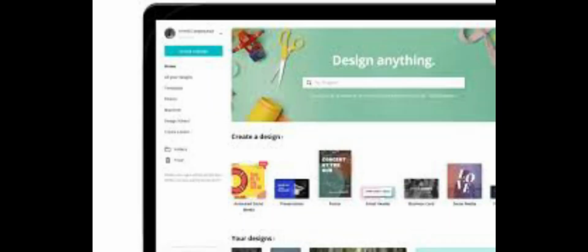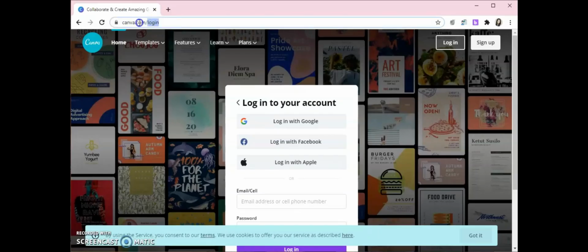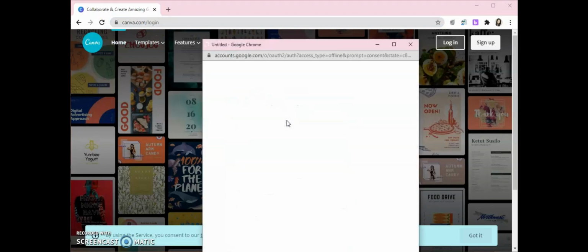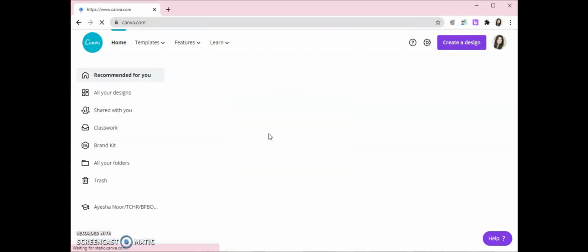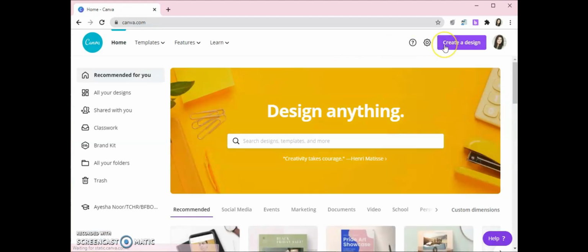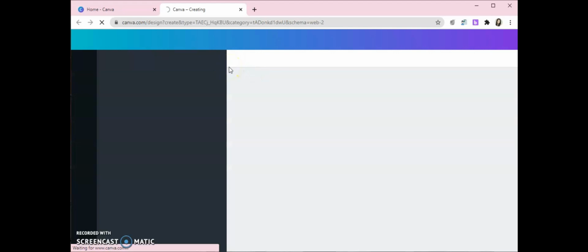We will be making this project on one of the user-friendly interfaces called Canva. It is handy, easy to use and vivid. Step 1. Log into your Gmail account. Click on Create a Design and choose Portrait or Landscape.